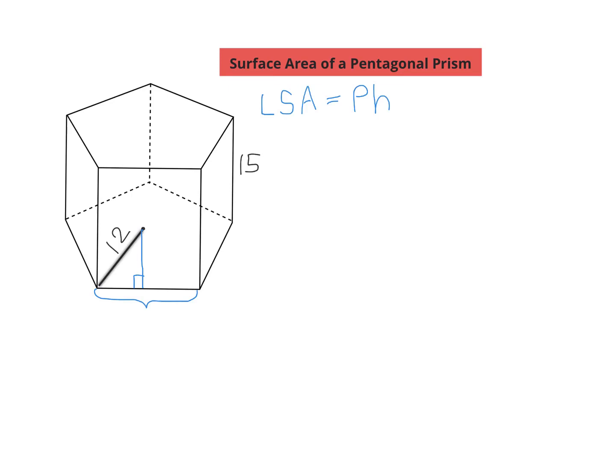The other thing that I forgot to mention here is we really need to understand that this is a regular polygon. That means all 5 of these sides are congruent. Okay? All right, so how can we figure out the perimeter? So I need to know what this side would be right here, this side on this triangle that I have. Now that I have this right triangle, so let me redraw the right triangle. Because I have a right triangle, I'm going to be able to,